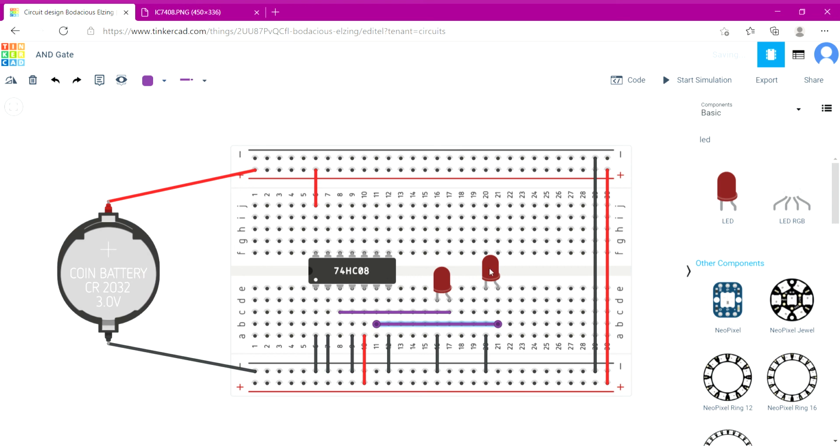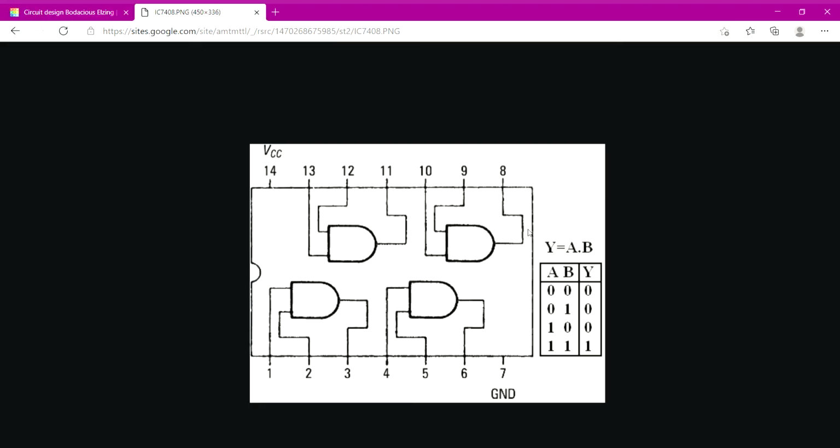Now again click on Start Simulation to see if the LED glows or not. We can see it doesn't glow. Case 3 is similar to case 2, so I will leave it on you guys.